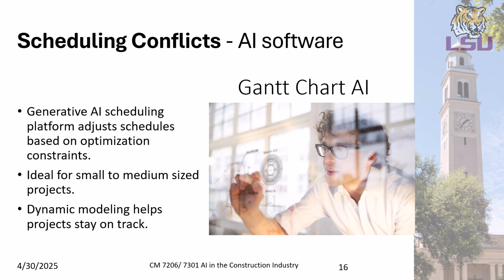AI software platforms such as Gantt chart AI help project managers ease scheduling conflicts. The Gantt chart is familiar to most construction professionals and is a commonly used schedule for construction projects. The Gantt chart AI is an AI-powered software platform that is also NLP-based. This model can be trained by supervised machine learning to generate construction project schedules. This model is based on historical data and operates within assigned parameters unique to each project.